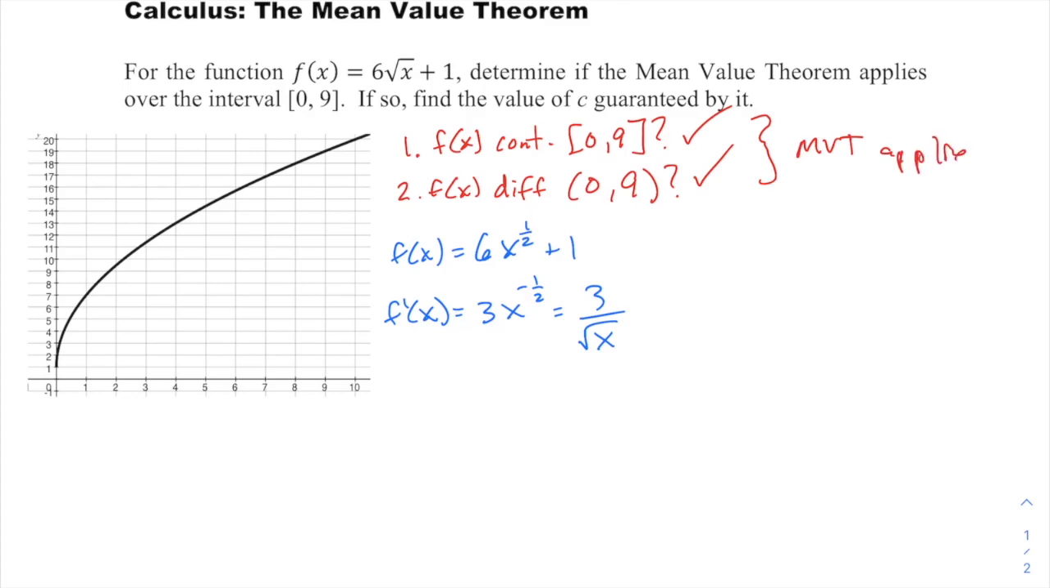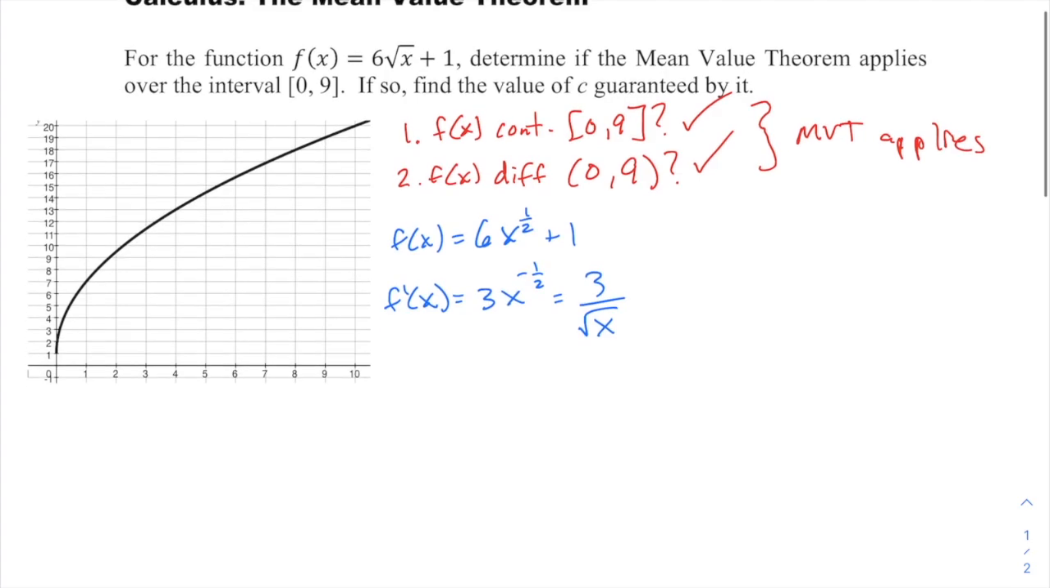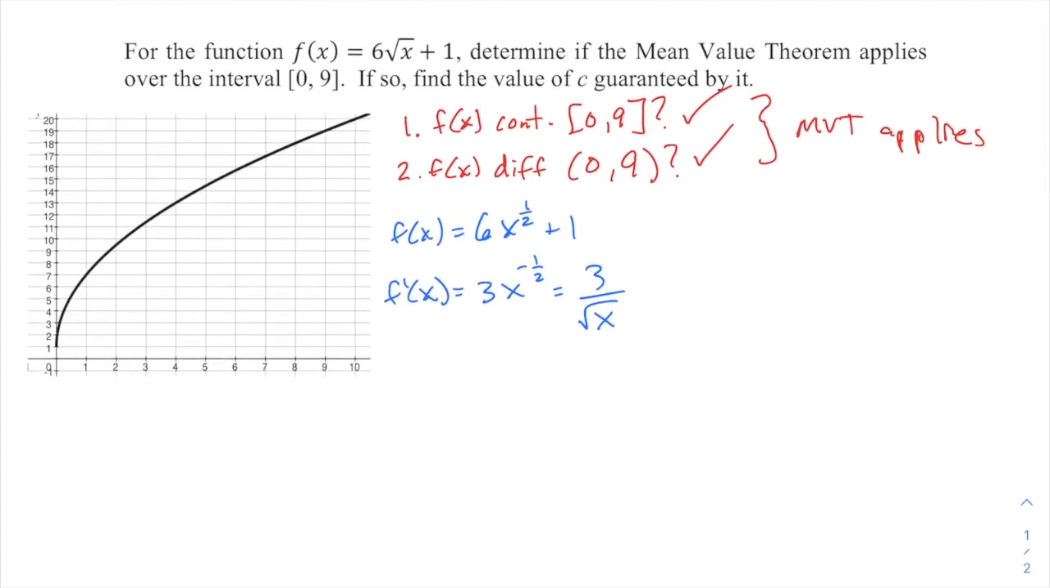And now what does it actually say? Again, it's about that average rate of change must be equal to the instantaneous rate of change somewhere in this interval. The AROC must equal the IROC. The slope of the secant must equal the slope of the tangent. So let's find that average rate of change here